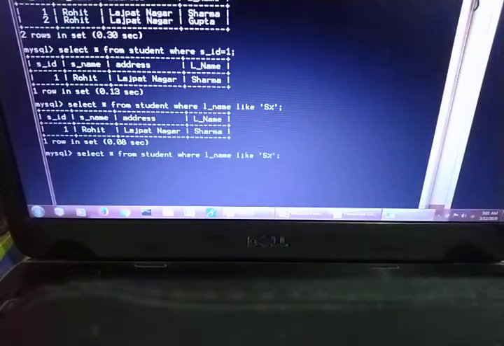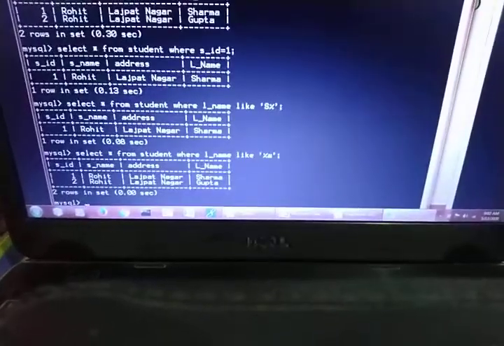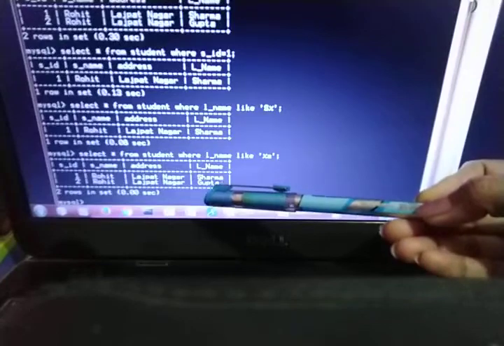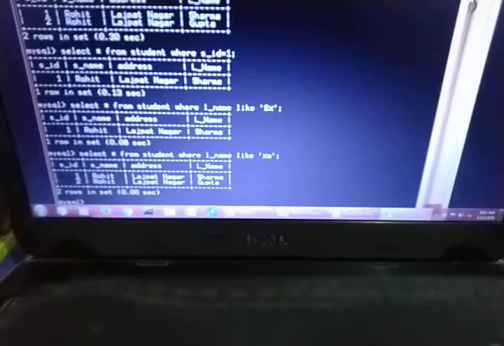So what I have to do, within the same query, I will just change the condition. Ends with means any number of characters before that particular letter. You can write any number of characters. So we put the modulus operator before, and whatever character you want to end with, you write that character followed by the modulus operator. See, there are two names that end with A, one is Sharma, another is Gupta. I hope it's clear to all how to use the modulus operator with the like clause.